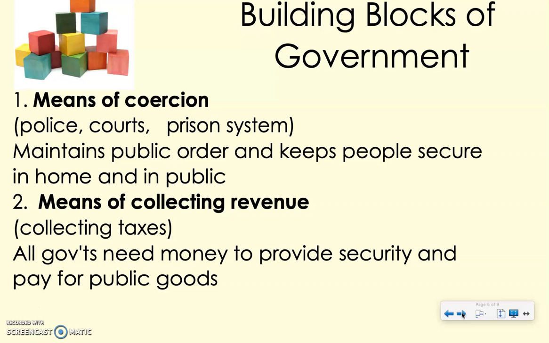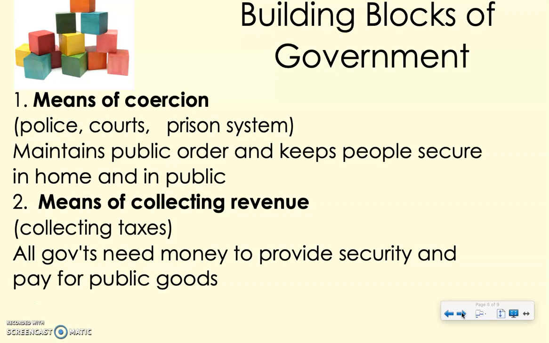So that goes back to that public goods thing. If government is going to provide us with certain things, they have to have a way to collect revenue or money from its people. How do we do this? Those of you that have jobs know this really, really well. Government collects taxes. So tax dollars that are paid for by the people within cities, counties, states, the country pay